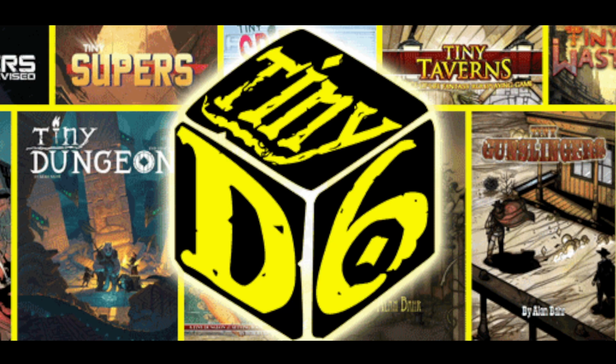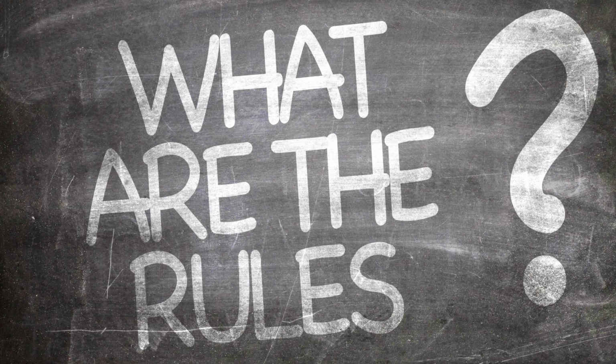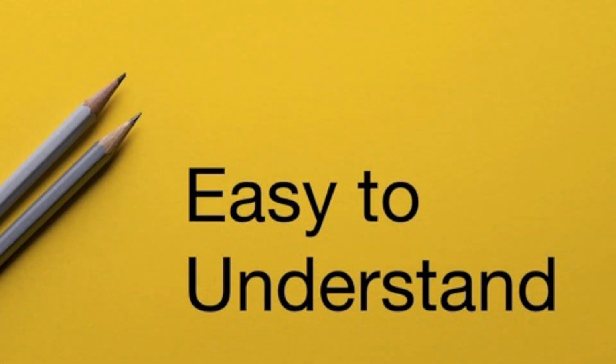It's very nice, and the nice thing about the Tiny D6 system is you actually only need D6s to play said game. And as I said, it's a rules light system, so there's actually not a lot of rules, there's not a lot of number crunching, there's not a lot of forethought to this type of system. It's actually a really easy to understand system, and I feel that's actually beneficial for probably most people because